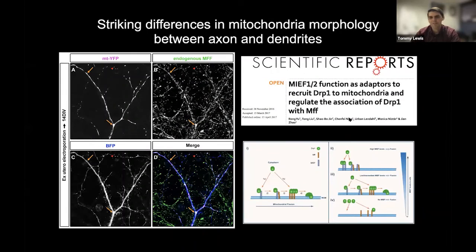We have some thoughts about this based on the work from Jian Zhao and Monica Nestor's lab at the Karolinska Institute, where they showed that these MFF and other fission factors, MIF1 and 2, create unique complexes. And this changes the ability of MFF to recruit DRP1 to the mitochondrial surface. So we have been developing shRNA constructs to knock down each of these other fission factors, as well as trying